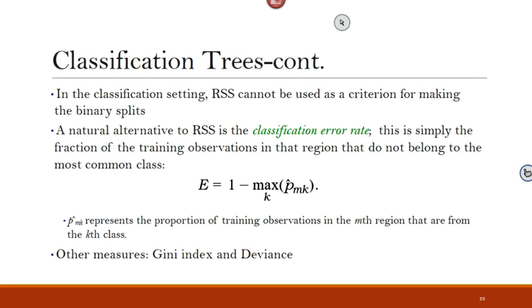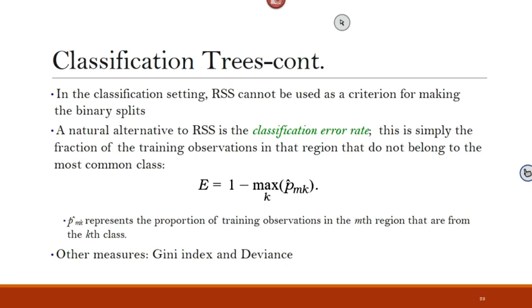So the objective here is to minimize this E value, the same way we did with the residual sum of squares, minimizing for all regions. Here we're looking for a tree that, at each step, selects a predictor and a split of the values of this predictor that guarantees that the E value in the terminal nodes resulting from this split will be minimum. Okay? So, to minimize the E value.